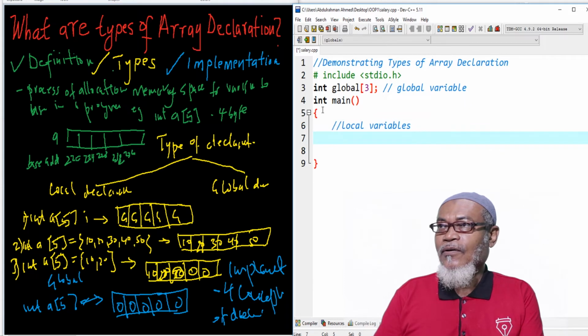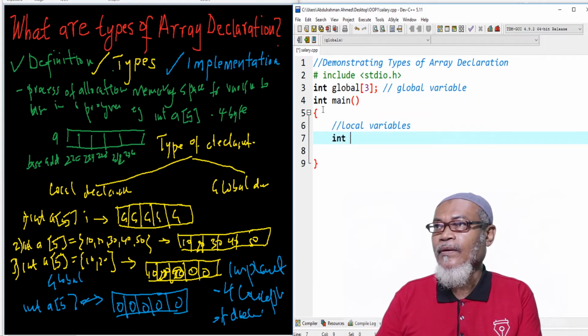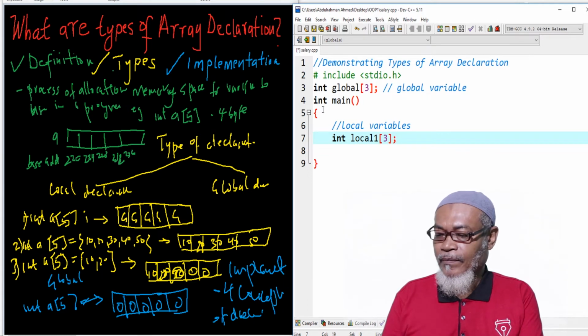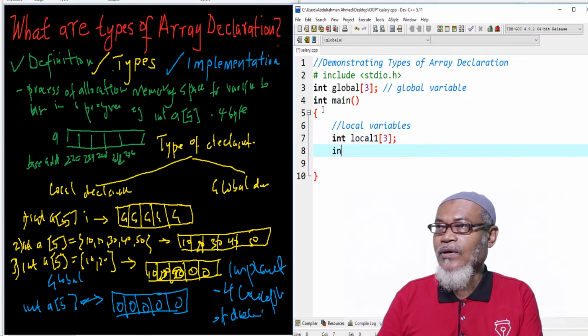And let's see, so our first local variable, maybe we'll call it int local 1, and that particular local 1 also will give us a size of 3, and we'll leave it the way it is. And then we'll have a next one,